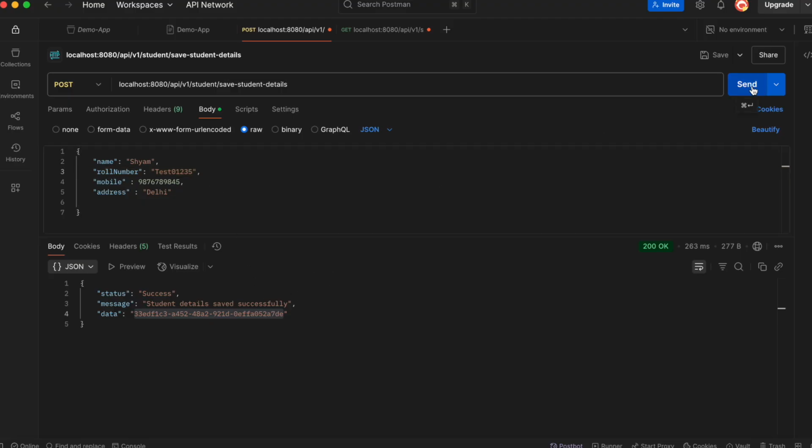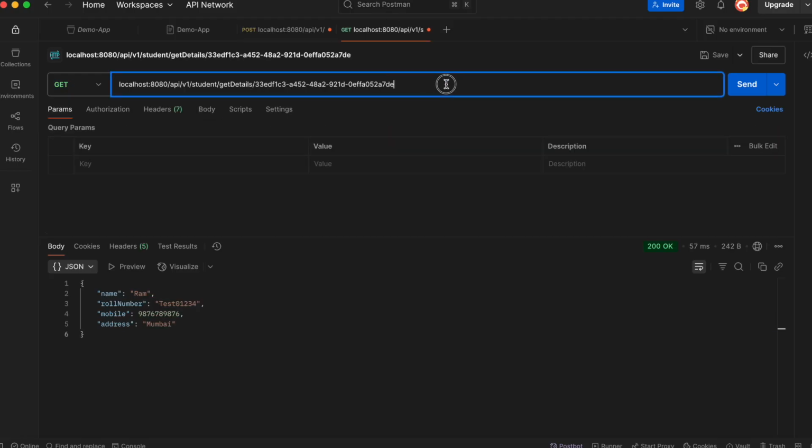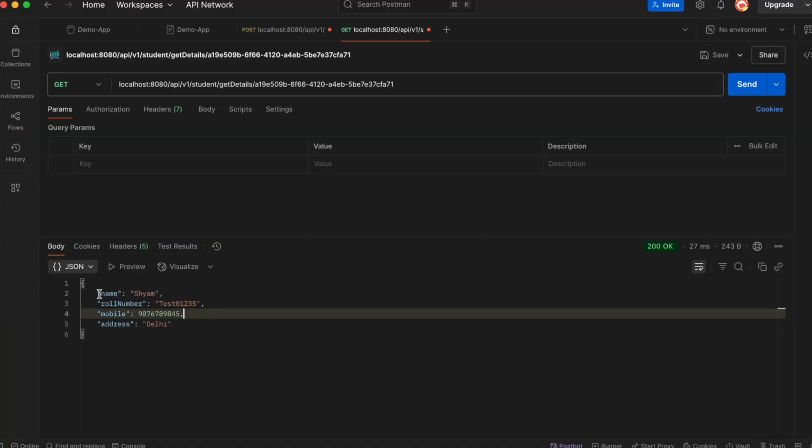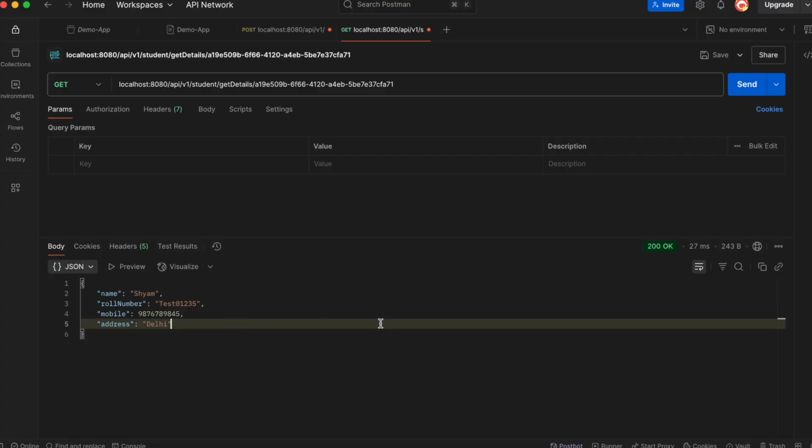Now when we hit this one, we got this unique identifier, that is a student ID. Same if we paste it here and send the request, we are able to get all the Syam details. So hope this is clear, and both our endpoints are working as expected.